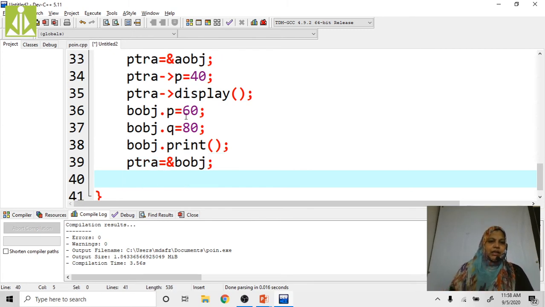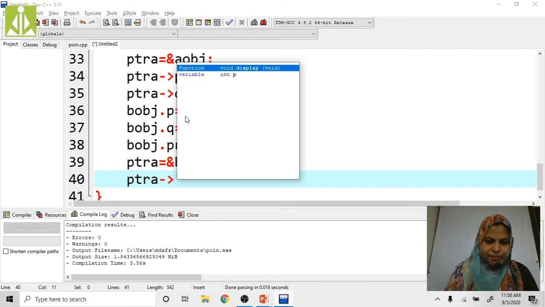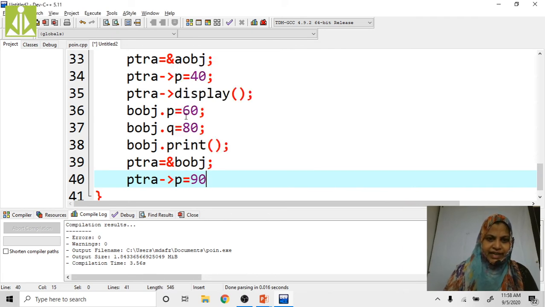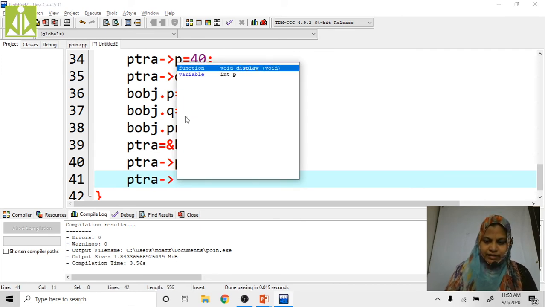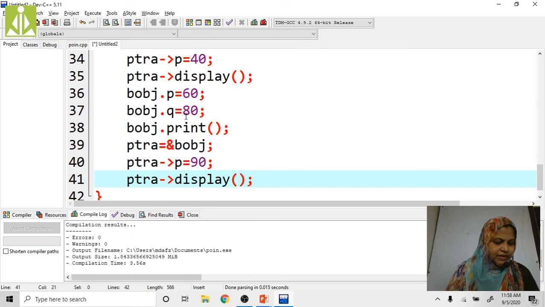Now by using this one, we can access the data members and member functions of its base class. ptra, then p equals to 90, right? ptra display, right? We can't access q and this one. Now here first I'll save this program.